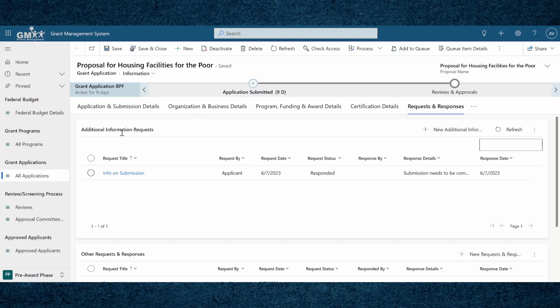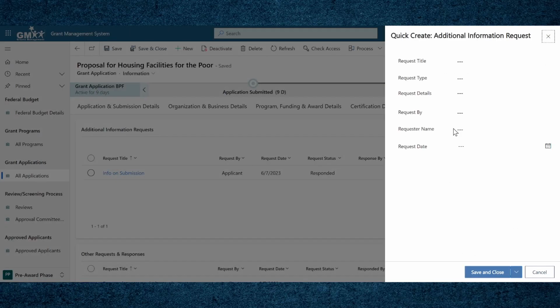Here we will enter details relating to the request that was received, and the first field is request type code. We had not filled this field request type in our quick create form since I wanted to explain it in detail, which I'll do now. It's a choice field, and I have a variety of options. I have just created a general choice field which I can reuse not only for the pre-award phase, but if I have to extend this app to the post-award phase as well, like request and responses subgrid would be applicable in a couple of other entities as well.